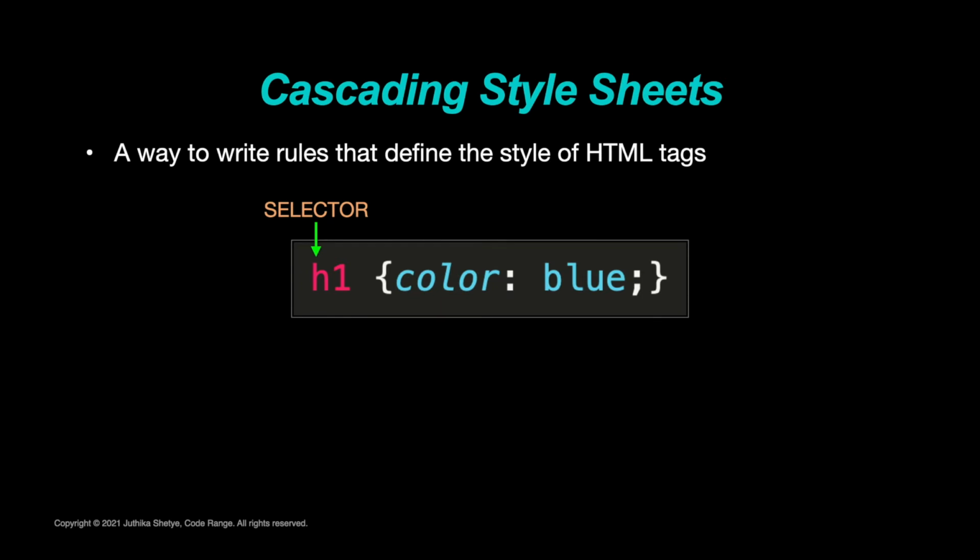Once you find which tag it is you want to style, you say which property it is you want to change. By property, we mean things such as color, font size, or how much space we want to put around the tag. There are many properties in CSS. But for now, let's just start off really simple and deal with colors. Then you have to give each property a value, saying which color you want it to be.